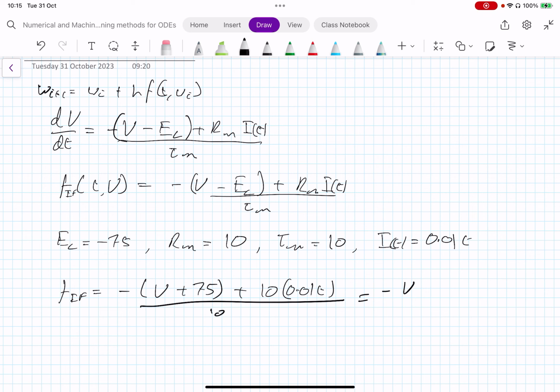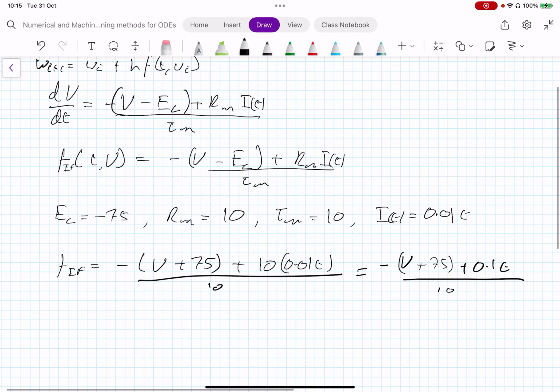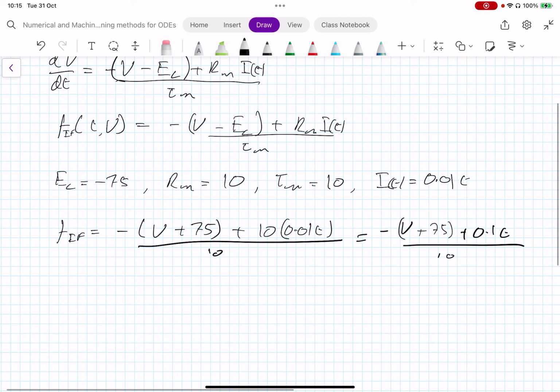And so that's just equal to minus V plus 75 plus 0.1 t, divided by 10. So our Euler method for this, and I'm going to use the Euler